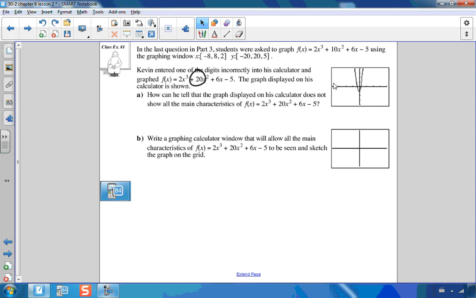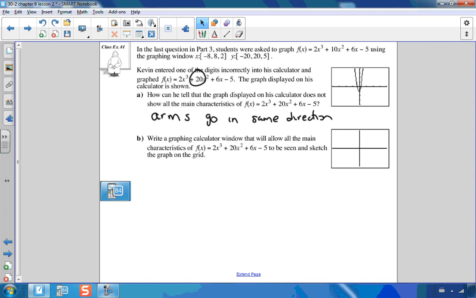Because see, look, this is all he ended up getting. Okay, so well, that kind of looks like a quadratic function. Okay, so I know that it's not a cubic function because it looks like the arms go in the same direction. Another reason is that I don't see, well, actually, I would say that's the main reason, because I should either